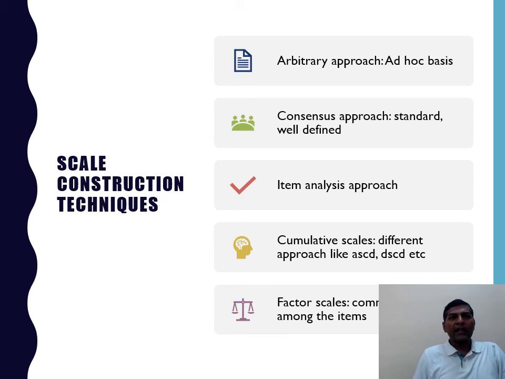Next is item analysis approach. Depending on the data we have collected, we are supposed to analyze them. It's a kind of clustering method with which we will be able to know what kind of scaling method we should use so that the discrimination between the items will be more successful or more group oriented. This particular approach will help us define a particular scale for classification.